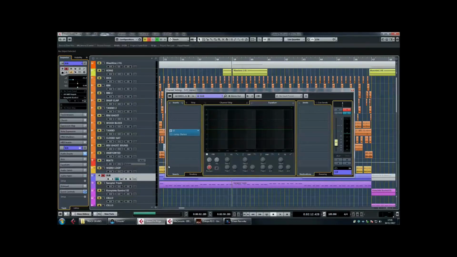Now let's look at the sub again. There's not a lot going on above around 150, and it sounds pretty nice on its own. But if I just want to listen to them together,